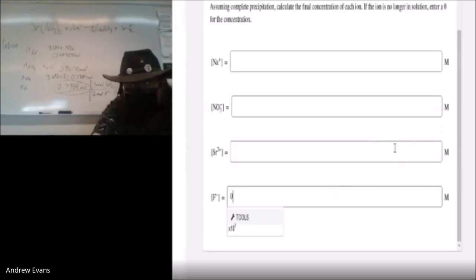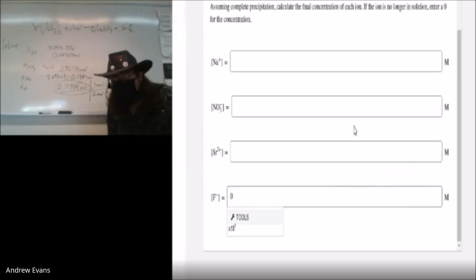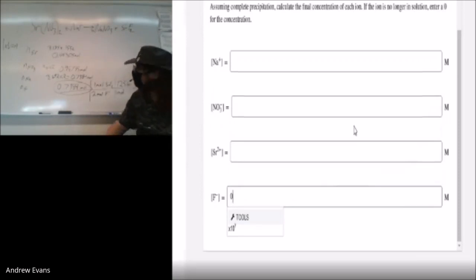So that's the easy one. Sodium and nitrate are spectator ions, so their moles will not change as the reaction progresses. So we just need to figure out what is the molarity of these guys. Well, we have their moles, but we do not have the molarity because what happened? When I added my strontium nitrate to sodium fluoride, what happened to the volume? It increased. I added 155 milliliters onto 200 milliliters, which makes this total